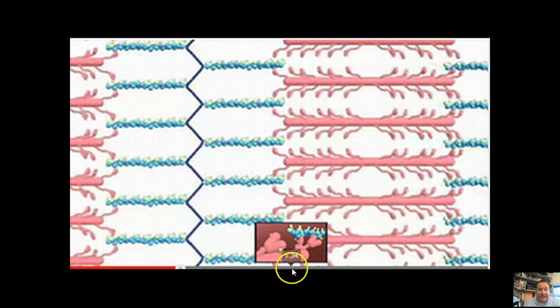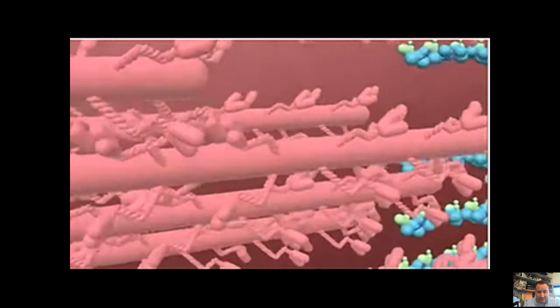So you can see, guys, when you take a look at this image right here, here's our actual sarcomere. Here's my myosin, here's my actin. Here's my actin on this side, and these are the myosin heads right here. Basically, this myosin head is going to latch on and then move this actin in an inward-like fashion when we take